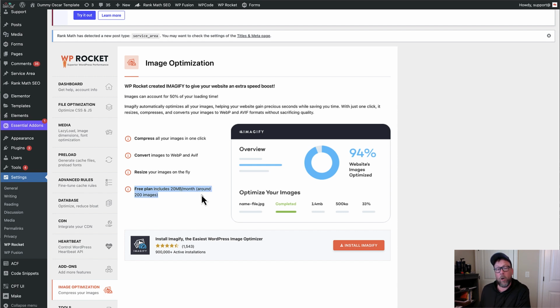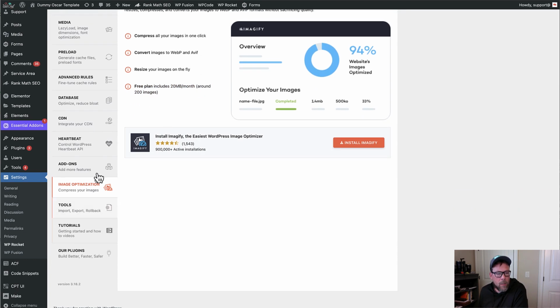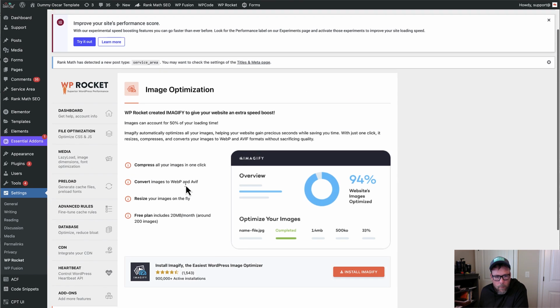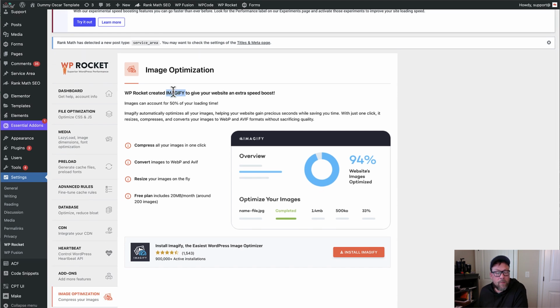200 megabytes can go quick, but again, you want to optimize your images before you upload them, so that way you're not using up a whole lot of space anyways, because big images aren't going to be the best. You can explore some of these other things, but you can install Imagify. It's free. Go set up an account. I'm not going to do that in this video because it's really straightforward and simple. So you can go install Imagify,